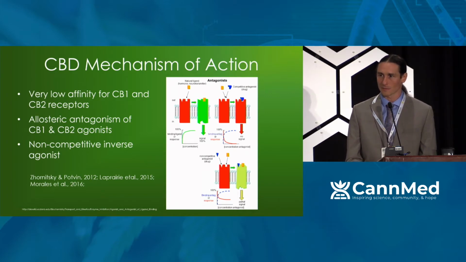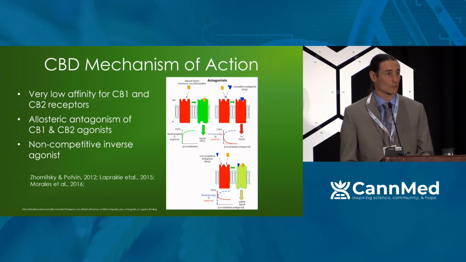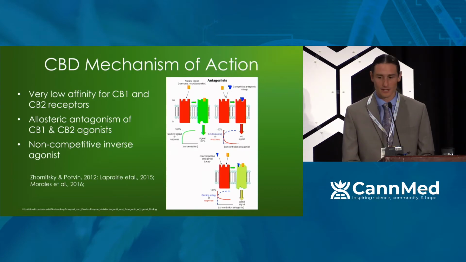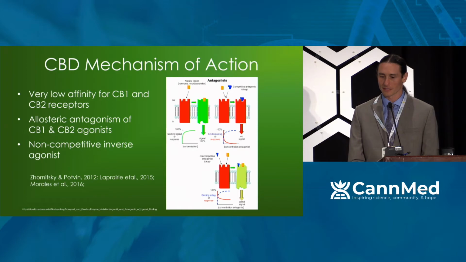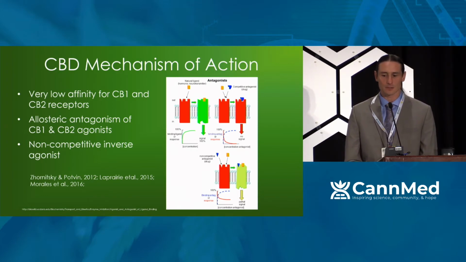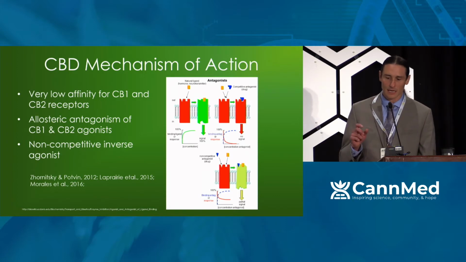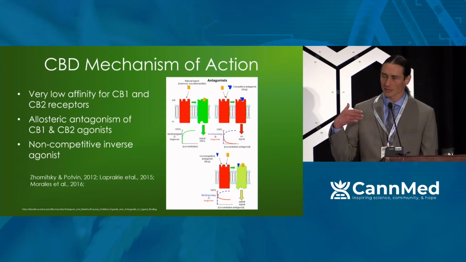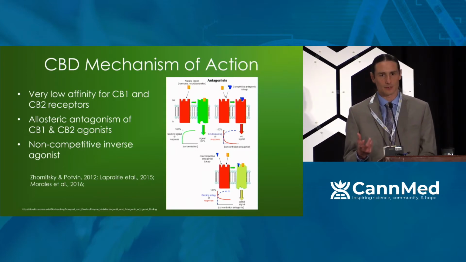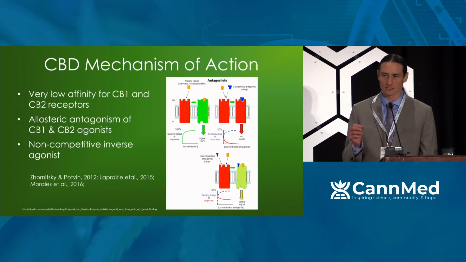The goal with rimonabant as a therapeutic agent was to limit the munchies and actually be an anti-obesity drug, but it limited a lot more than the munchies. CBD is very different from that. It doesn't block the CB1 receptor, as you can see in the bottom image there. It's interacting at an allosteric site, so the anandamide, the 2-AG, the THC could still bind to the receptor, but the signal that comes out of this receptor is turned down.